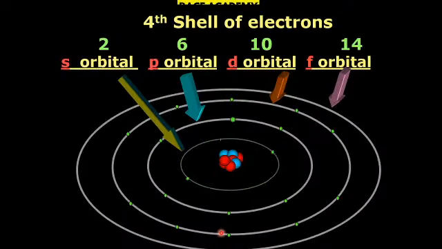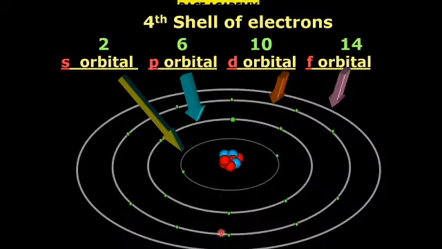And f orbitals, if you see f orbitals, 14 are there. The maximum existence of electrons in f orbitals is 14, and there are 10 electrons in the d subshell, d orbital, and 6 electrons in the p orbital. Okay,